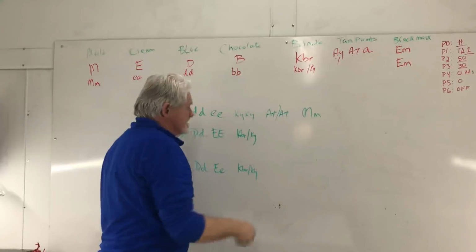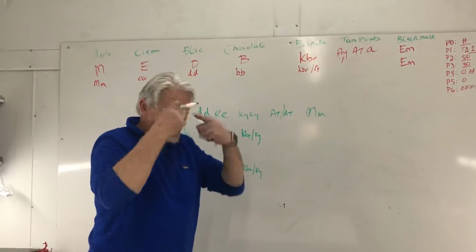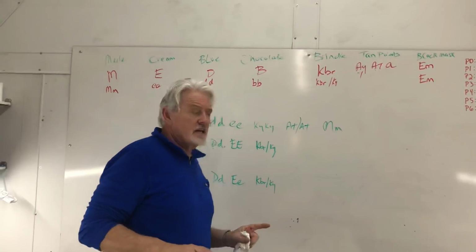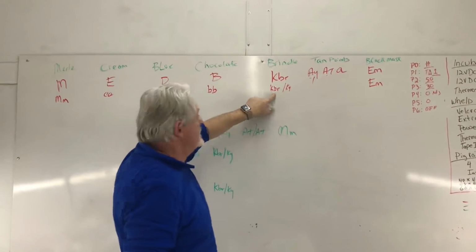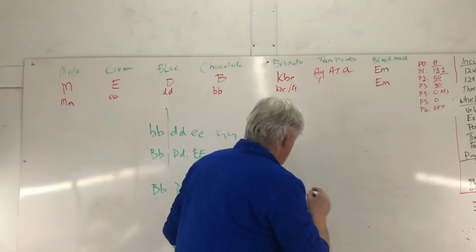Alright, the tan point gene. To get these tan points on a dog, where its forearms, above its eyes, its cheeks, its butt have this different, much lighter tan colour, you need to have the AT gene present. And you need to not have the KBR gene. The KBR gene wipes this out,